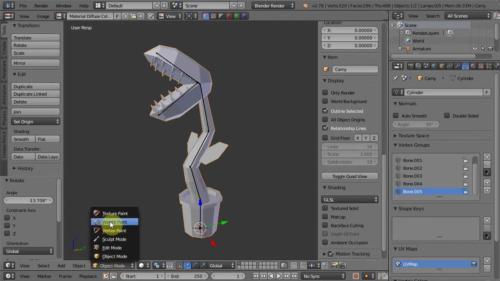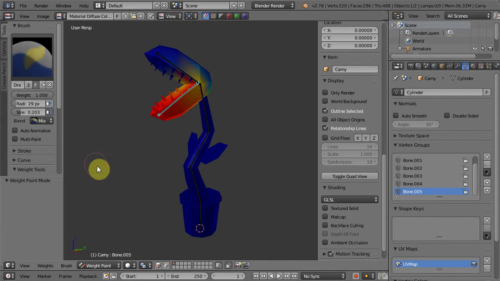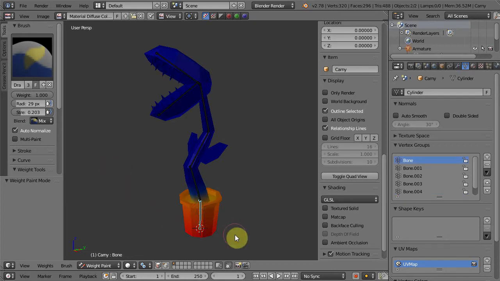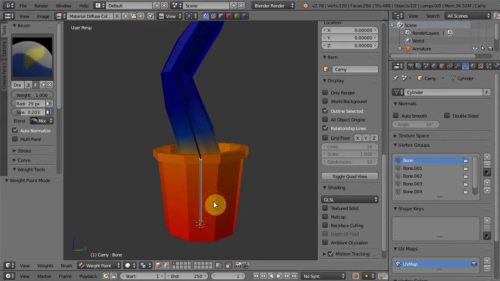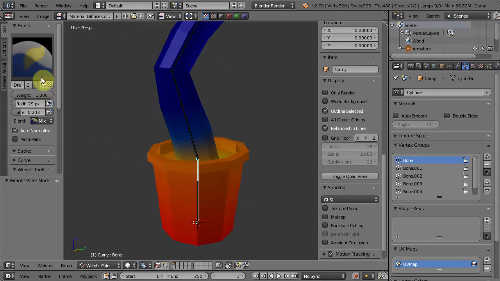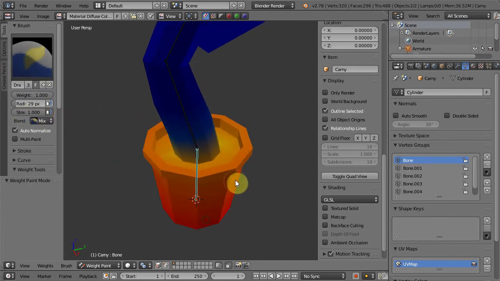Select the 3D model and go to weight paint mode. Now before we do anything else, make sure the auto normalize in here is active. I won't explain this too much in detail, but basically this will make sure every vertex has a maximum of 1 of total weight value distributed across the bones. Okay, now select the bottom bone. Make sure we use draw brush. Set the strength to 1 and then just draw the weight like this.